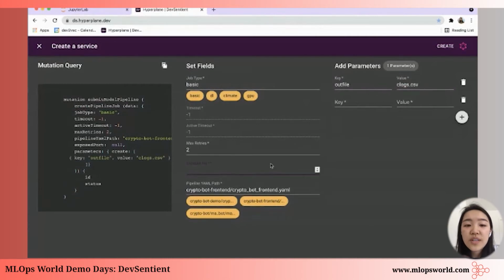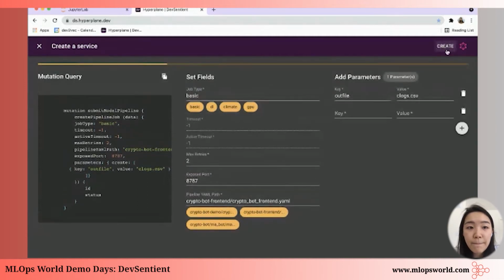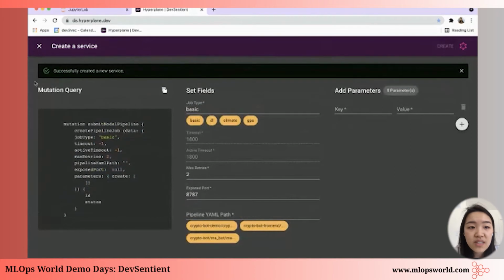So in this case, there's one difference because we want to display this as a dashboard in the front end, we want to display this front end on our dashboard. We just have to expose a port or specify an exposed port, which tells Hyperplane that we actually want to be able to see this. And I'll show what happens later. So we just press create. And we can see we successfully created a new service.